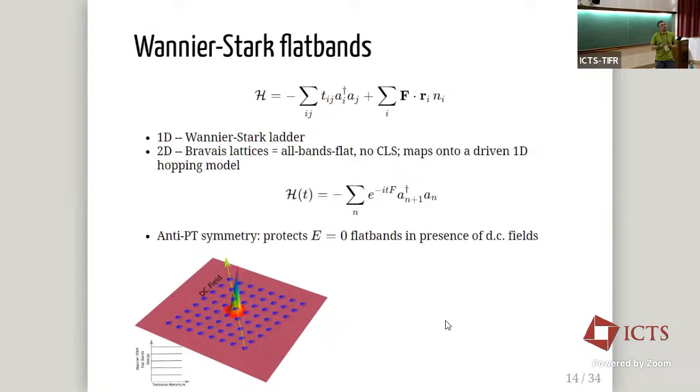So if you consider the effect of an electric field, in 1D, you find the Wannier-Stark ladder, where the spectrum just consists of isolated equidistant levels. However, in 2D for Bravais lattices, whenever the direction of the DC field is commensurate with the lattice, it's possible to demonstrate that the spectrum consists solely of equidistant flatbands,